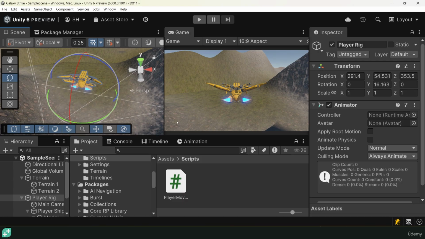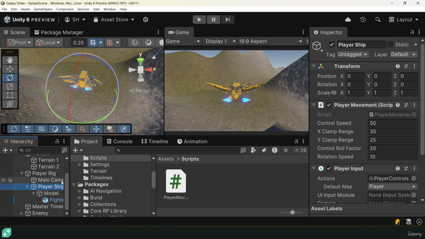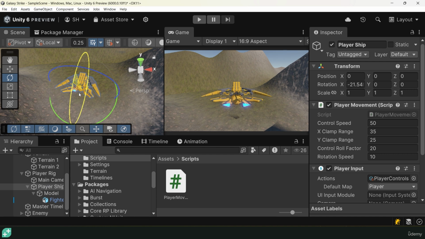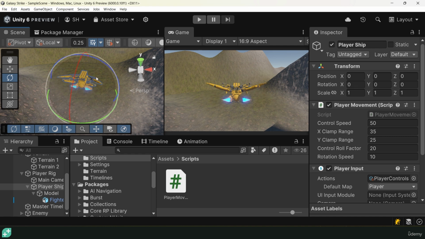Welcome back. Before we jump straight into our player movement class, let's take note that we're moving our player ship's pitch using this X value rotation on our transform. It looks like when I'm moving our ship up, we're actually going in the negative direction. And when we're moving down, we want to move our rotation X value in the positive direction. Probably something like a 15 to roughly 20 value on both directions should be about right. So let's go ahead and Control Z that back out to make sure it's set to 0 and open up